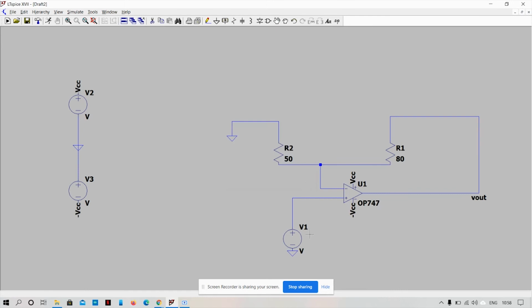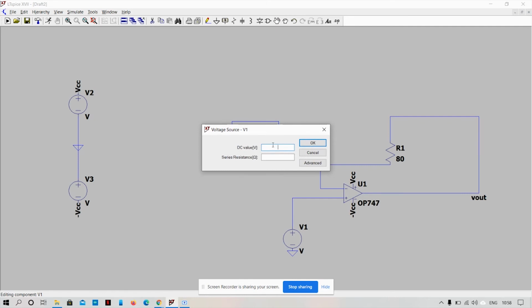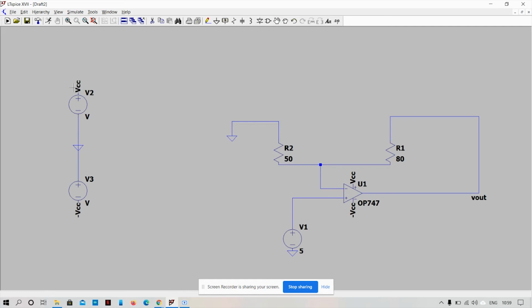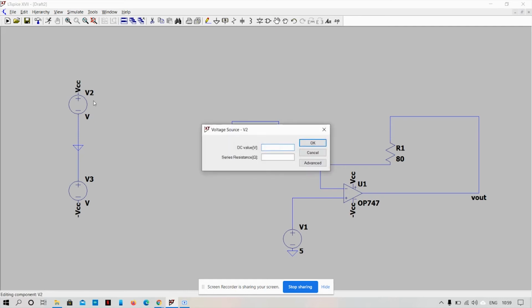Then for the voltage part, let us give 5. But if you do not give anything, then also it will not hamper anything, because we will do DC sweep at the last. Now for VCC, let us operate it for 10 volt.